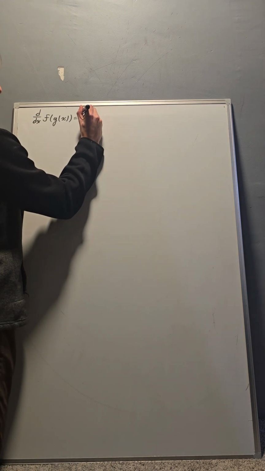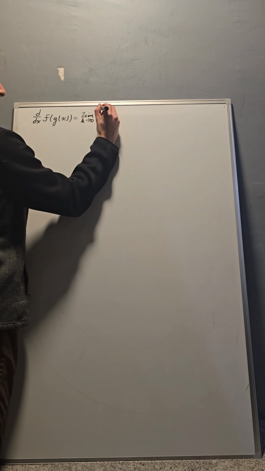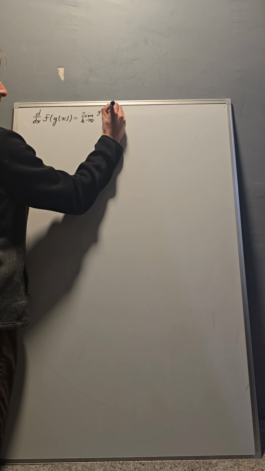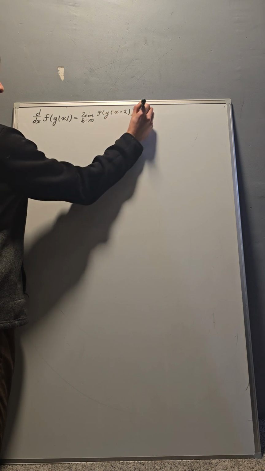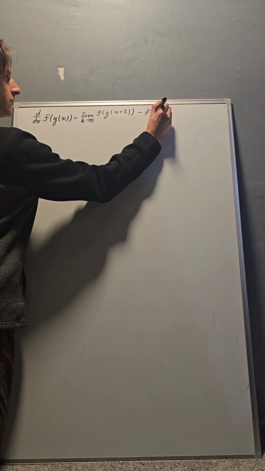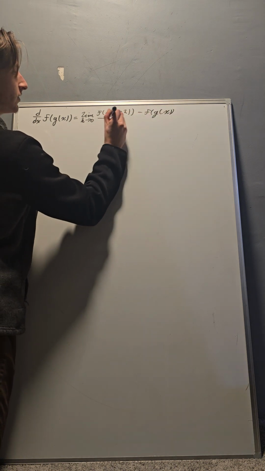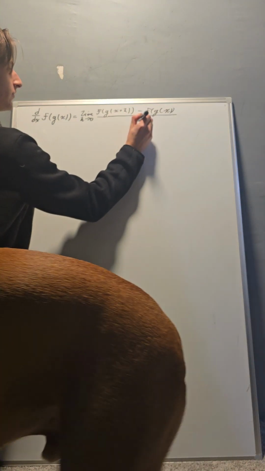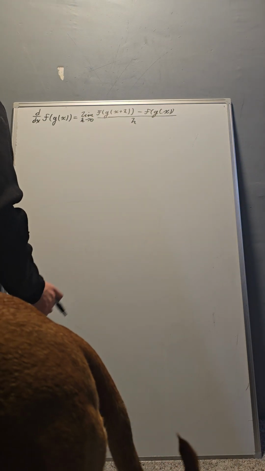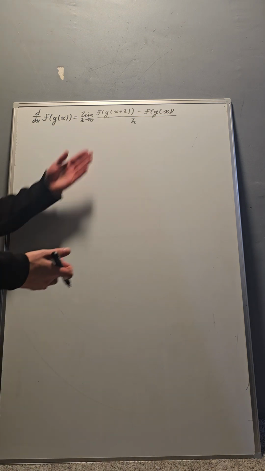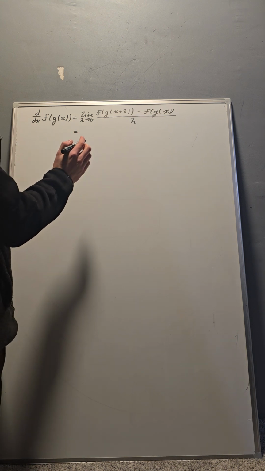Well, you might start with the definition of the derivative, the limit as h goes to 0 of f of g of x plus h minus f of g of x, all over h. So this isn't very useful to us because that's just this, and you can't really figure that out. What we can do though is